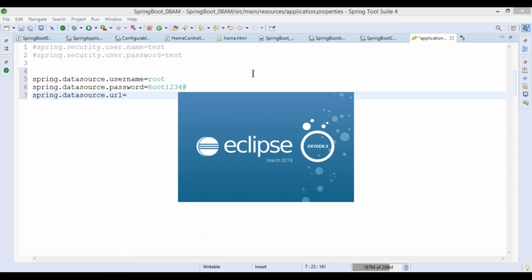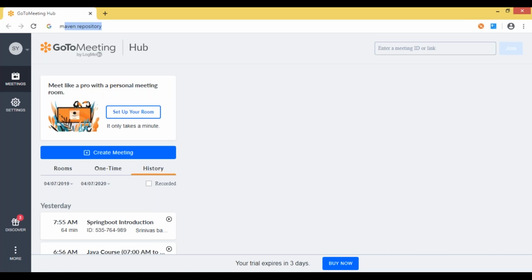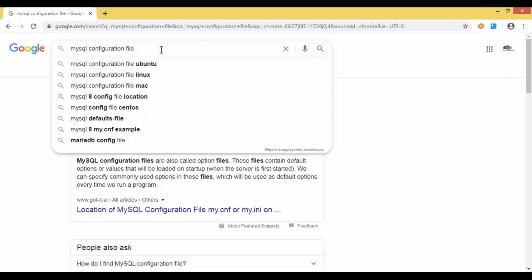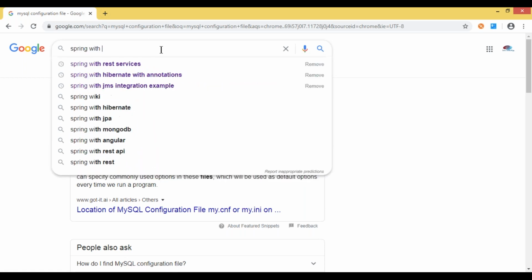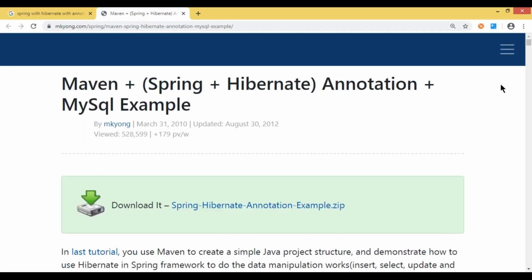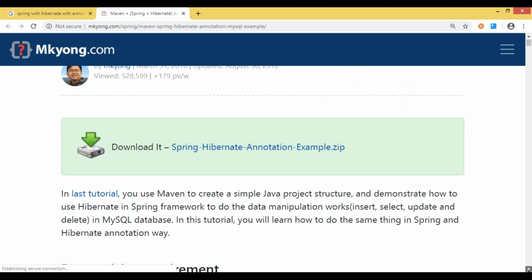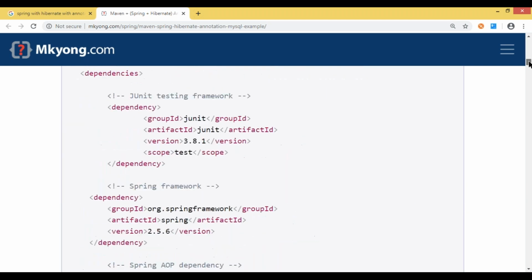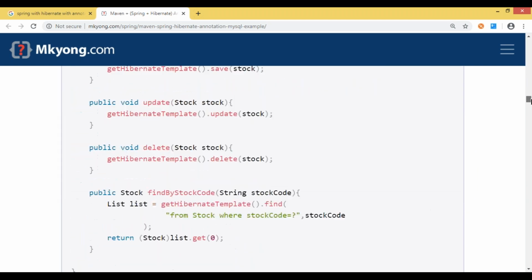Instead of doing that, in the MySQL configuration file, let me copy the username and, sorry, the URL and driver class name. Provided. Okay.